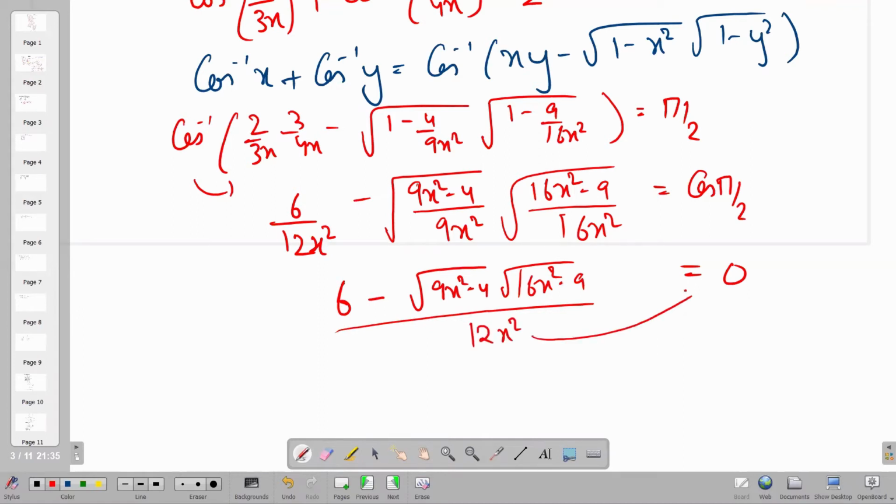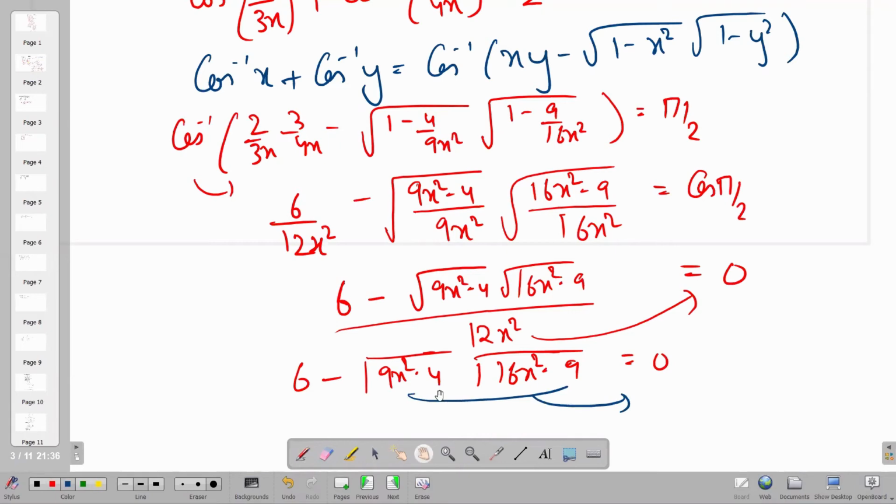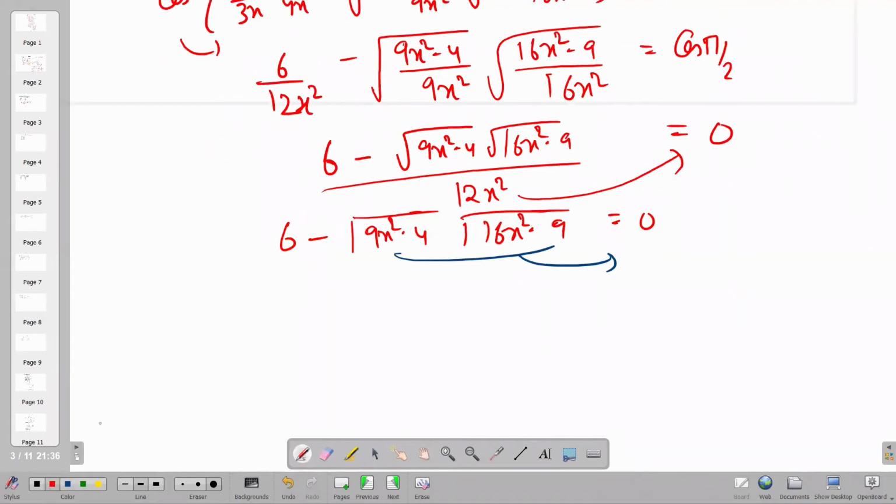And if I take this to the other side, this comes out to be root of 9x square minus 4 into 16x square minus 9, and further on taking this term to the right hand side, I get 6 is equal to root of 9x square minus 4 into 16x square minus 9. On squaring,